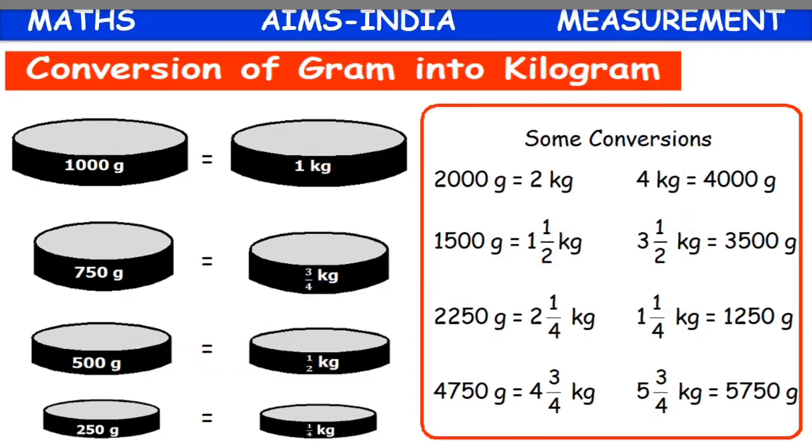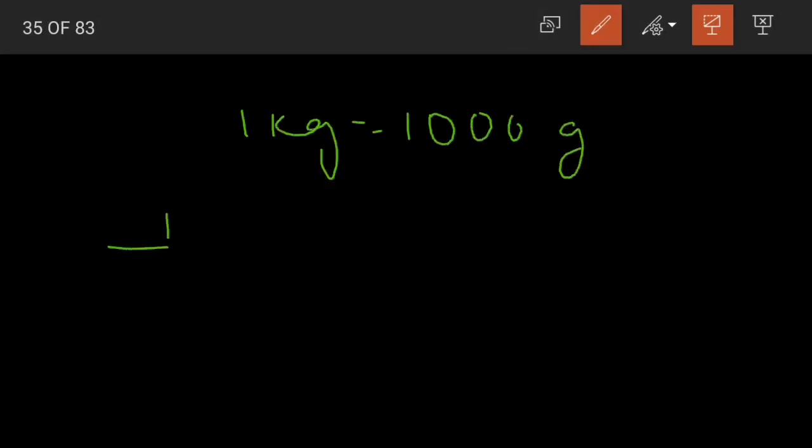Now when you go to a shop, normally when we go for buying anything, we measure in grams and kilograms. Yes, when we are buying, the weight is measured in grams and kilograms. We say that we want 1 kg of wheat, or half a kilo of rice, or 3/4 kg of sugar, or 1/4 kg of salt, something like that. Yes or no? So what is this 3/4, 1/4 and 1/2? We have already dealt with 1 kg is equal to 1000 grams. Now 1 by 2 of kg becomes how much, children?